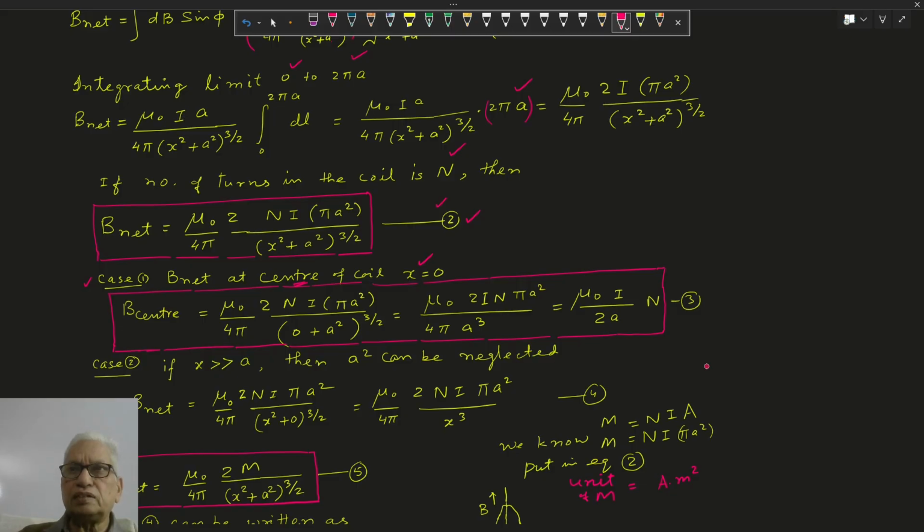Here 4 pi and 2 pi, so 2 comes down. So it will be the formula mu naught I upon 2a into n, which we have seen earlier also. The same case is at the center. Now if